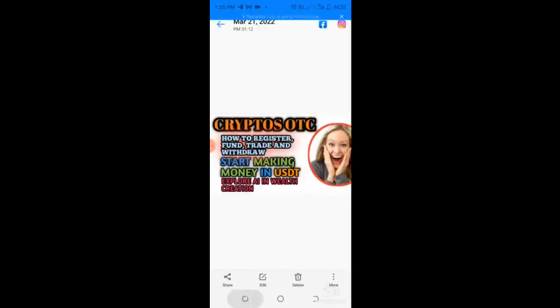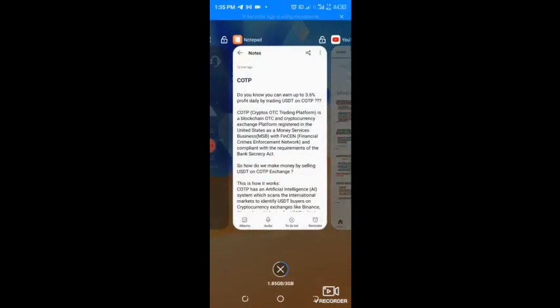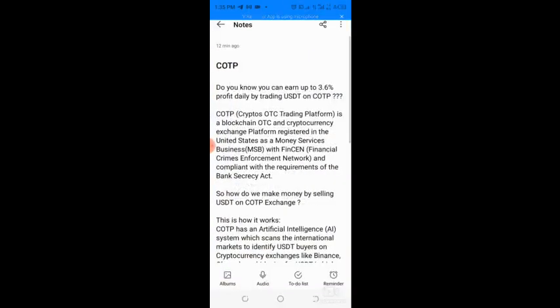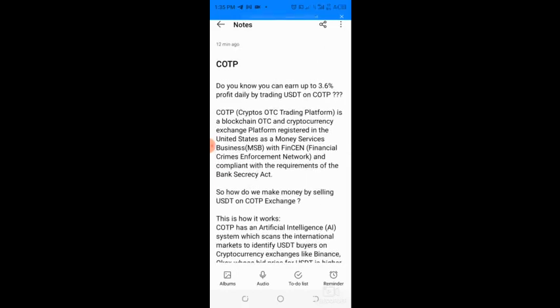So quickly, let me explain some facts about COTP for you. COTP is the Cryptos OTC platform, that is crypto over the counter trading platform. Do you know that you can earn up to 3.6% profit daily by trading USDT on COTP?